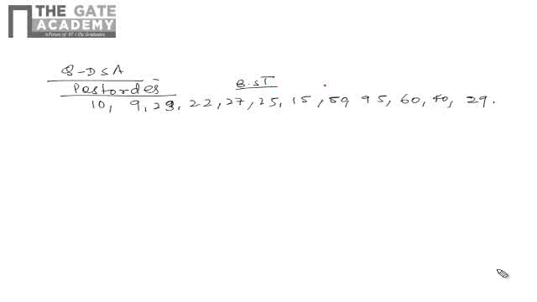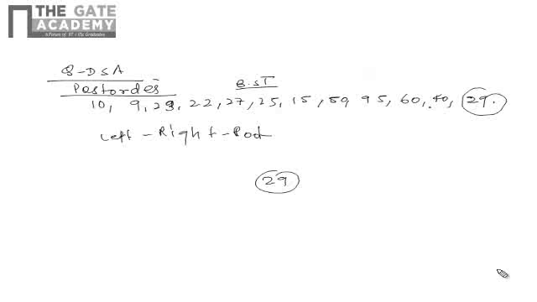When you're talking about a binary search tree, you know that whatever the root node is, at the left hand side the value will be lesser than the root, the intermediate node or parent node, and at the right side the value will be greater. Now you're talking about post order, so it will traverse left, then right, and then root. So finally this root has come. 29 will be our root for the binary tree.